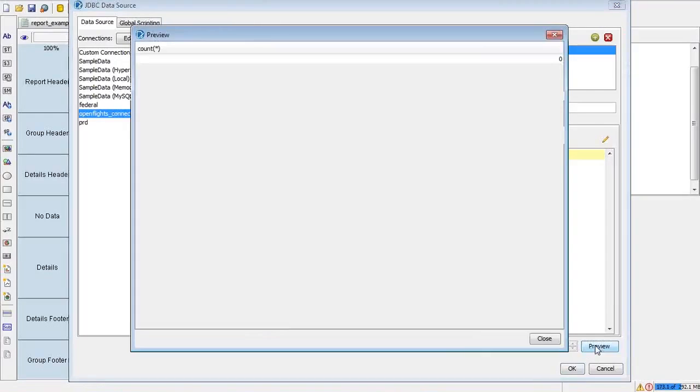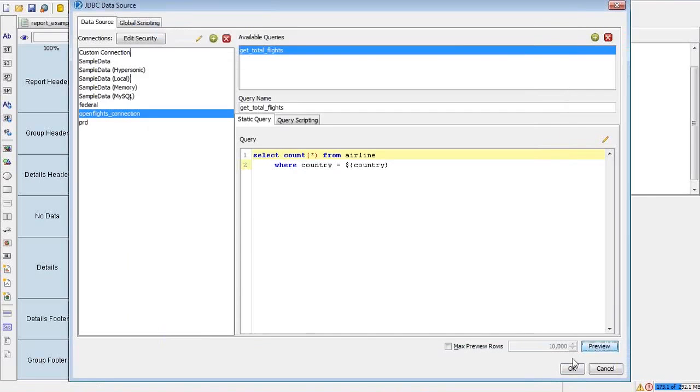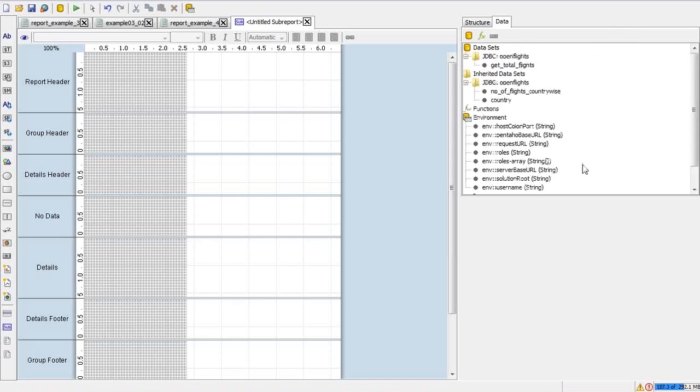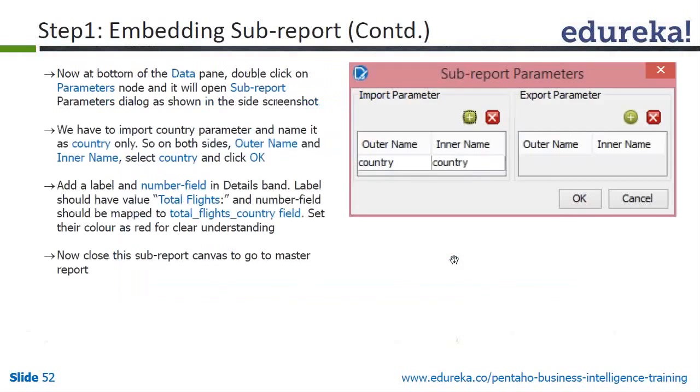And you cannot preview because country is being replaced at runtime by a country parameter. But at least you can confirm whether your SQL is correct or not. So the syntactical part, at least, can be confirmed. Now at the bottom of the data pane, double click on the parameters node, it will open